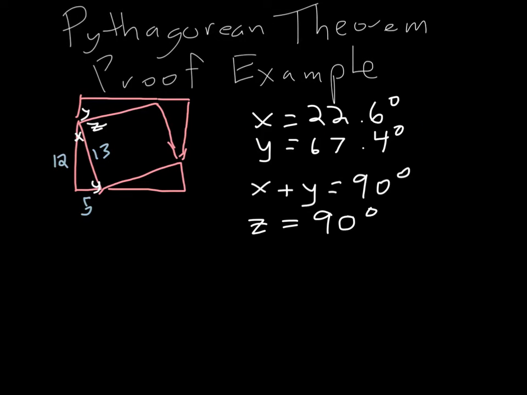And just as an aside, if you know a little bit about trigonometry, you can calculate that if you have a triangle with these side lengths, then the angle x, the smaller angle, is 22.6 degrees, and the bigger angle y is 67.4 degrees. So we know that angle z is a right angle, so let's mark that in. So here is our right angle, and we can apply the same logic to all the other 4